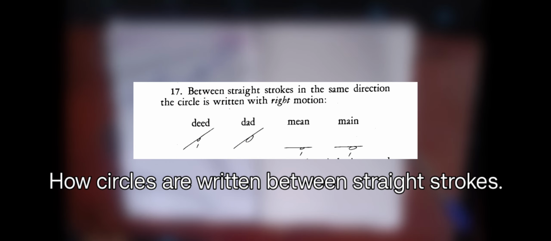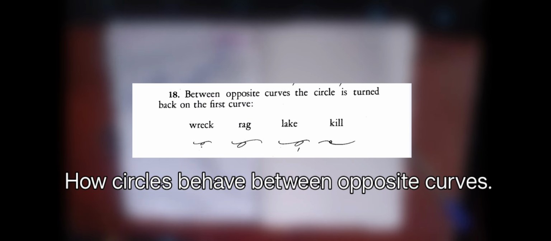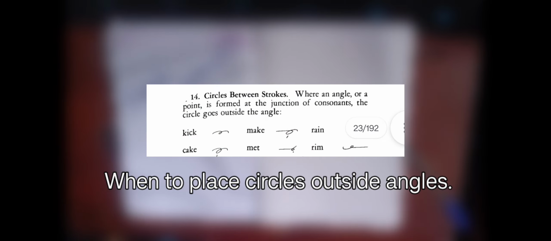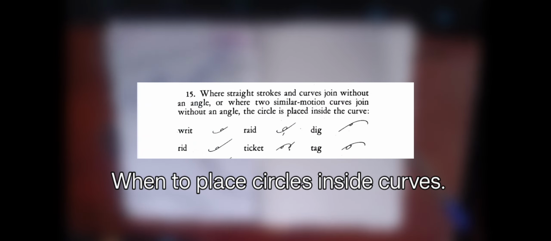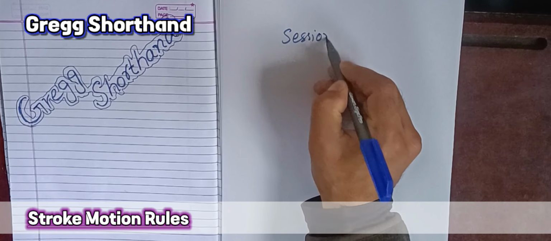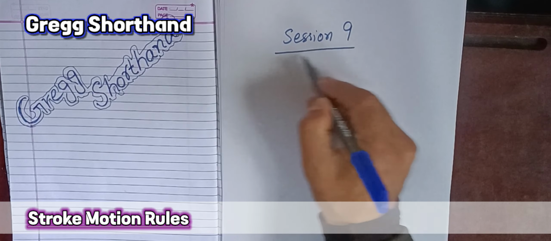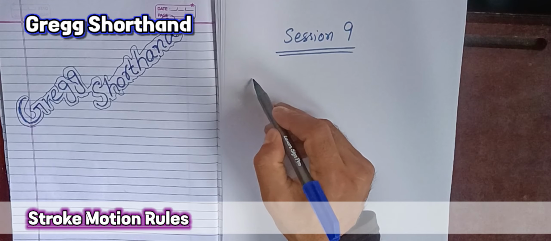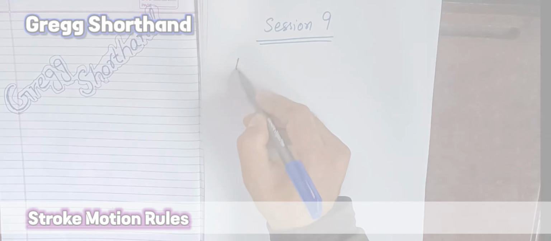In this session, we'll focus on right motion and left motion, how circles are written between straight strokes, how circles behave between opposite curves, when to place circles outside angles, and when to place circles inside curves. So let's get into it. This is session number 9. In this session, first of all, we'll understand the writing motion,